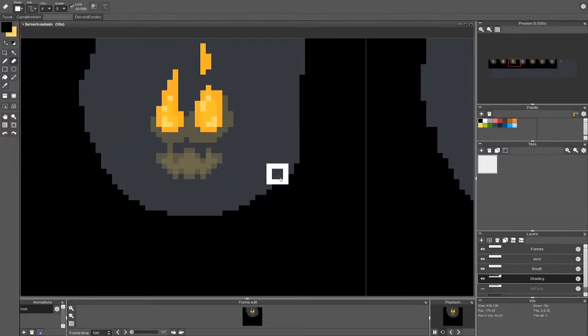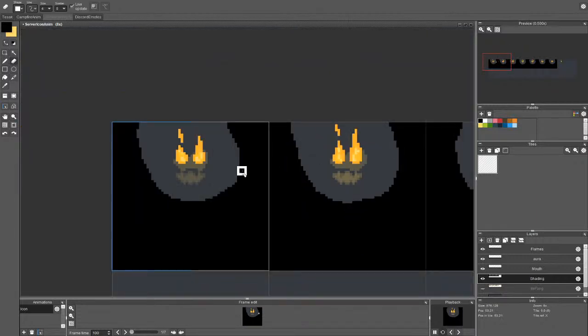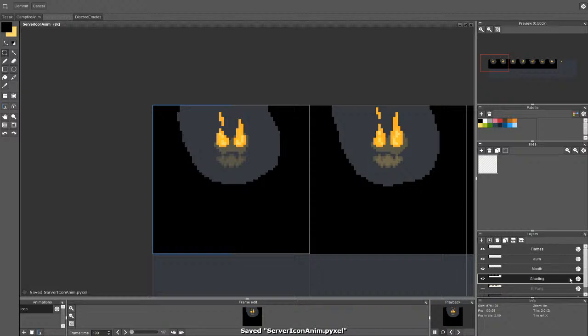So now just tiny bit. Same on this frame. And this is the default frame, so let's not change that.